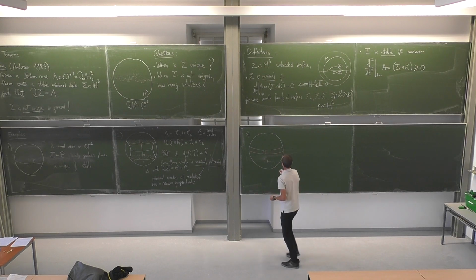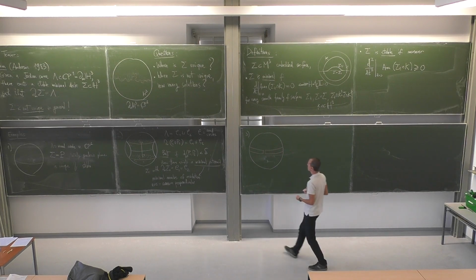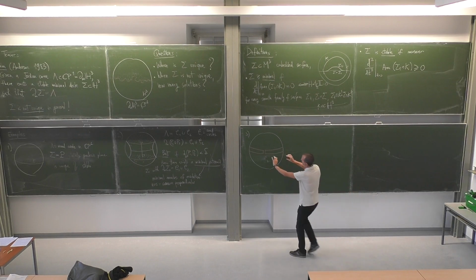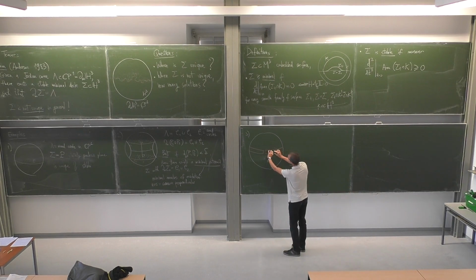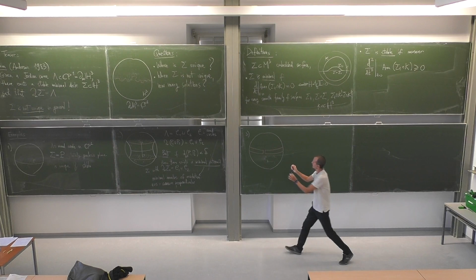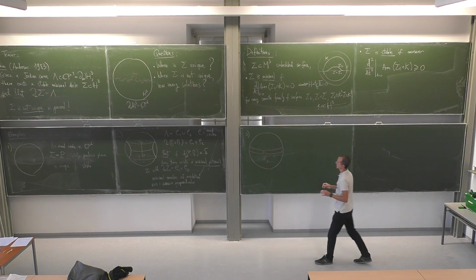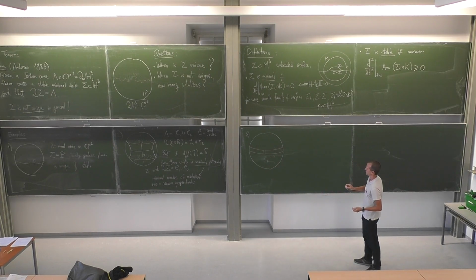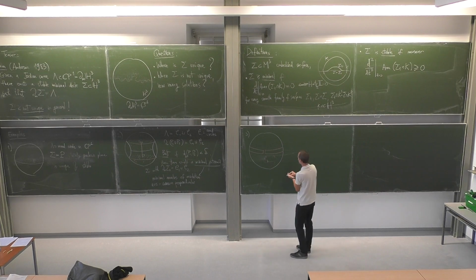Okay, this is our lambda. I will eventually need this band to be very thin and these edges to be very close, but I will explain this later. So the claim is that this lambda is the asymptotic boundary